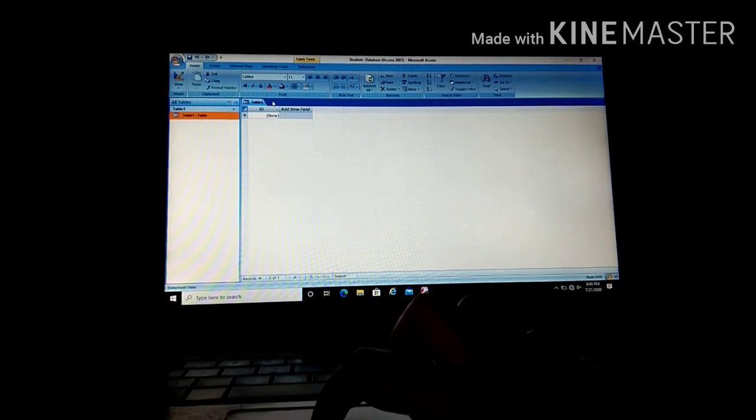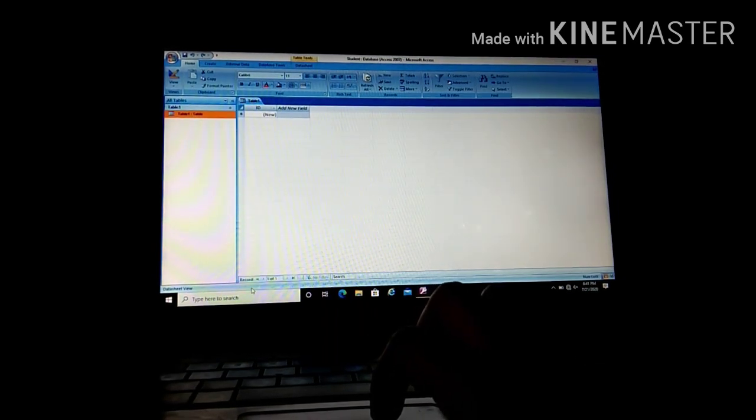Okay. Now the next point. Here we have a view option, see the mouse pointer first. Datasheet view is there, and the second is design view. Then this one. Can you see here? A record section means you can navigate in your records. Suppose you have entered 5 records, you can navigate through them with this record tab. Okay. Now we will see how to create the database.